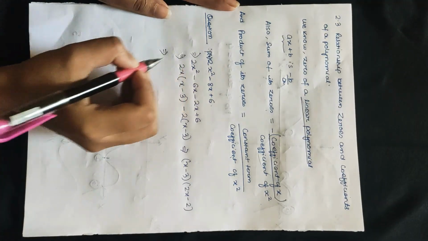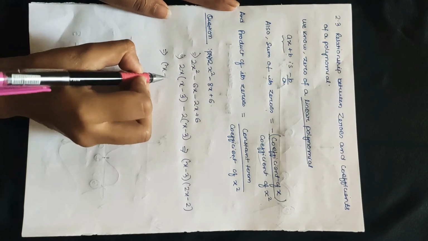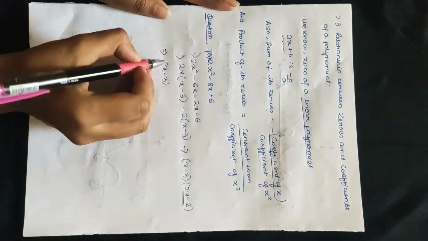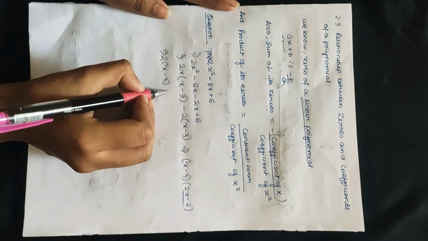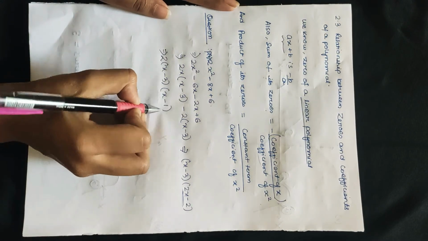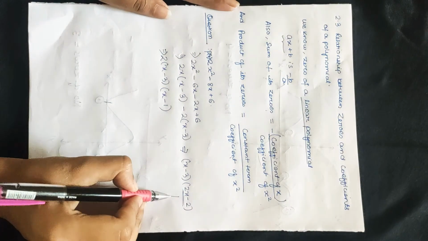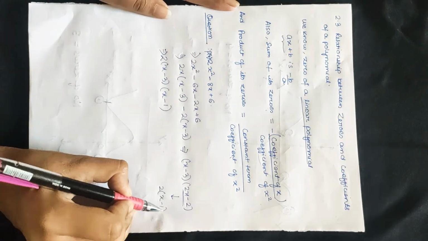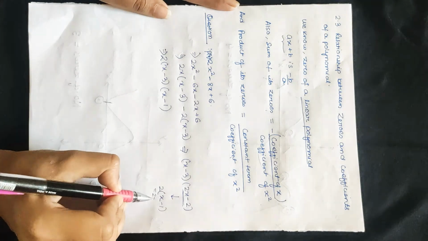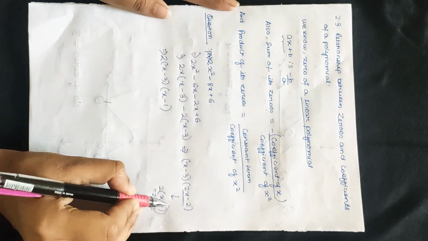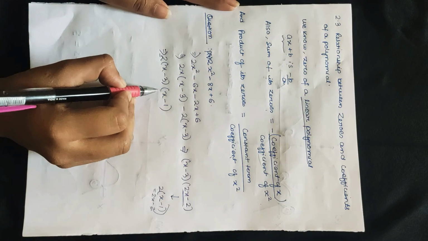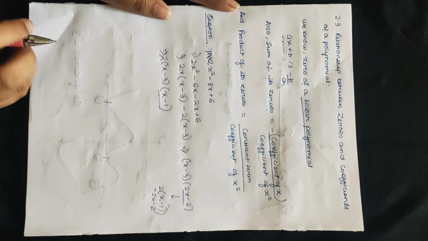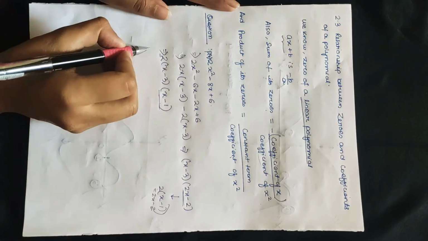Further we can write it as x minus 3, and let's take 2 common from the second factor and keep it at the front. So it is left with x minus 1. Why? Because if we take 2 common from 2x minus 2, we get x minus 1. So we have taken the 2 outside, and it is x minus 1.